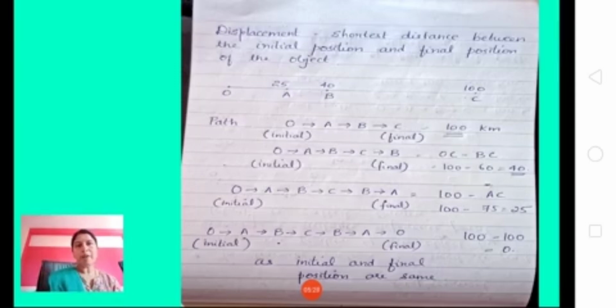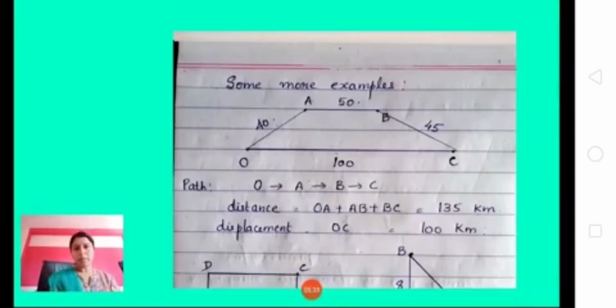As initial and final positions are the same, the displacement value is 0. So distance is the actual path covered by the object in motion, whereas displacement is the shortest distance between the